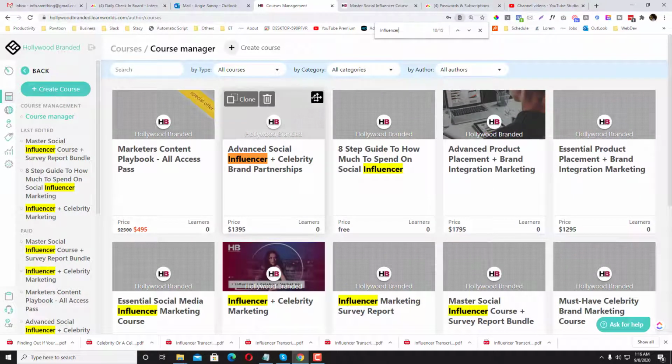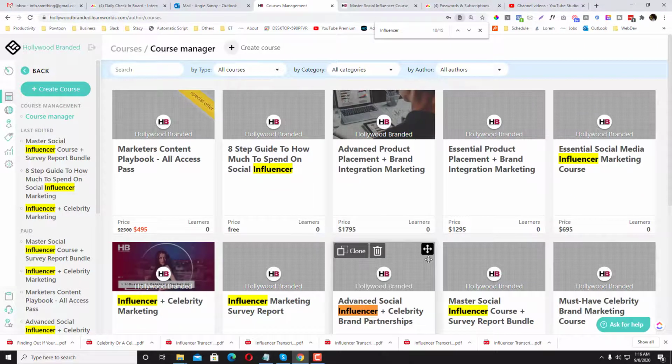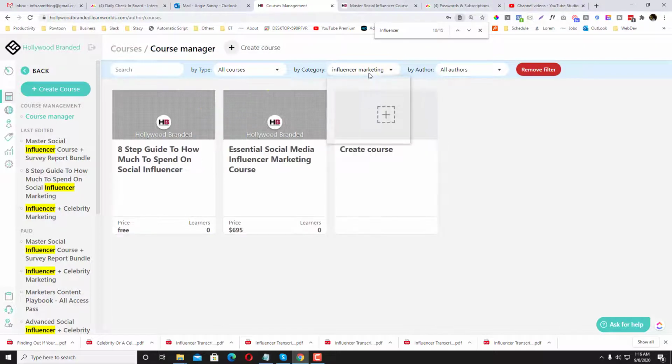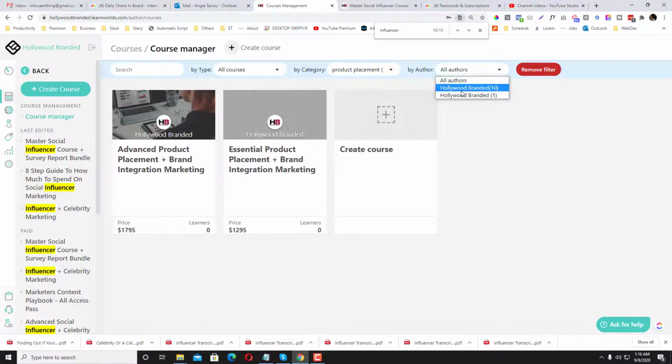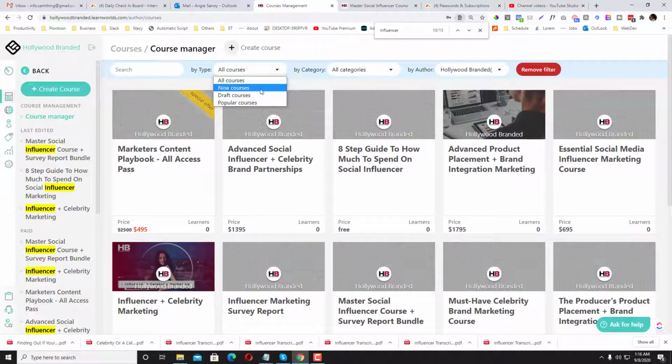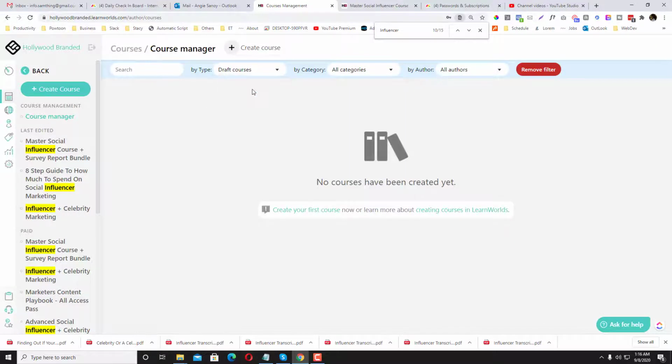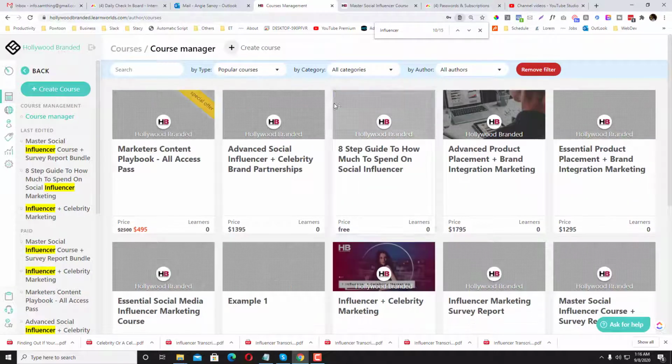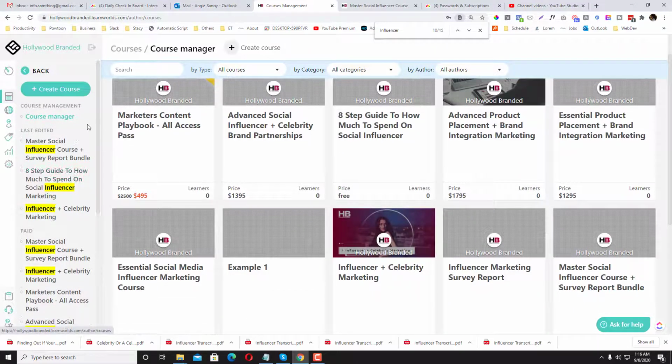You can also rearrange it if you want and clone it. Okay, this is the options in the course manager. There's also an options here for you to sort by category or by author, and is it a draft or a new courses, or what is the popular courses. Yeah, so that is the course manager